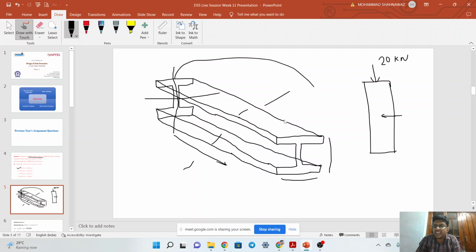While checking the slenderness ratio, we have to check the longitudinal length, meaning this length, and the radius of gyration. Let us suppose, in a second example, you are going to fix its longitudinal dimension. Let us suppose you have fixed it to 50 centimeter, and with any cross sectional area you have chosen in that 50 centimeter length, the column is not buckling. Now start